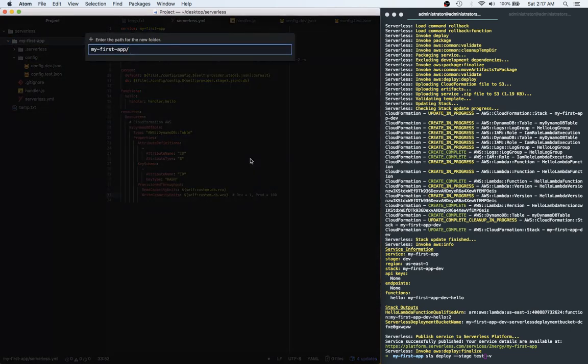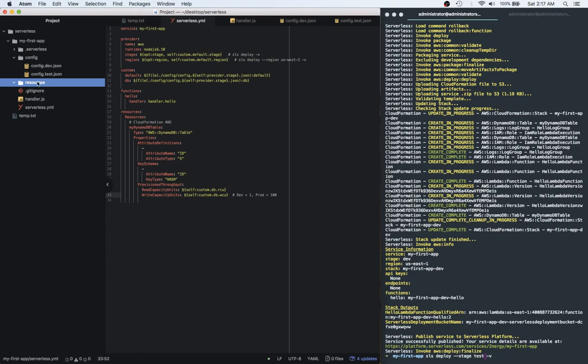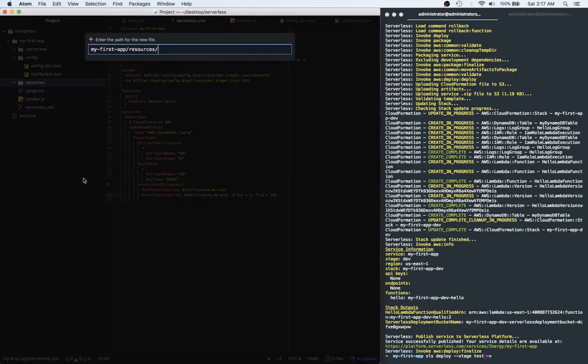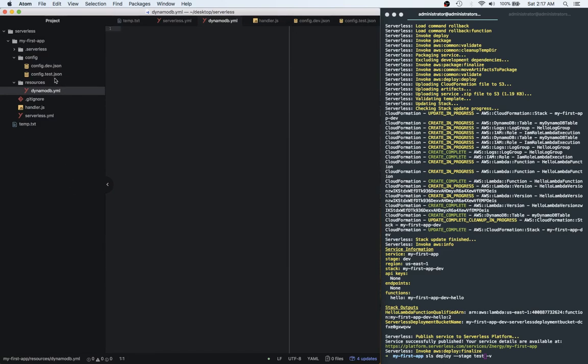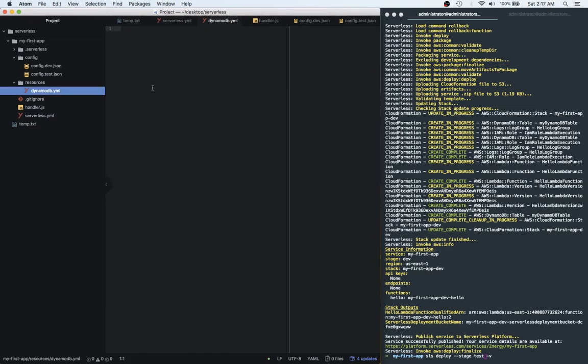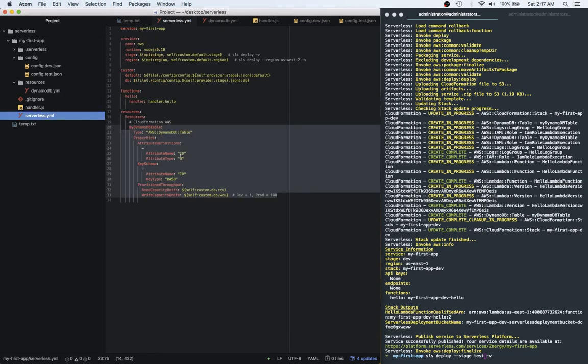So we can say resources, and then we can add a YAML file called, let's say, DynamoDB.yaml, and then we're going to basically copy all of this into this DynamoDB file like that,